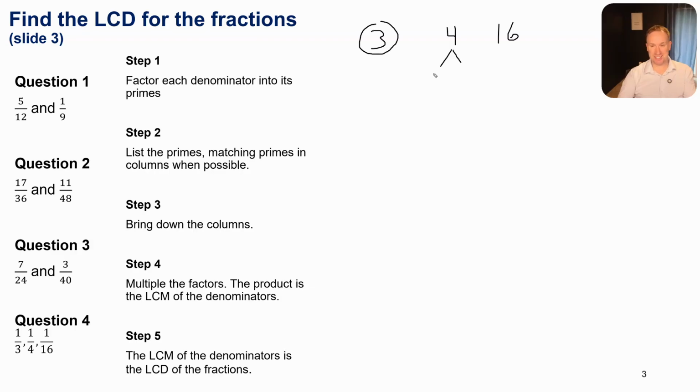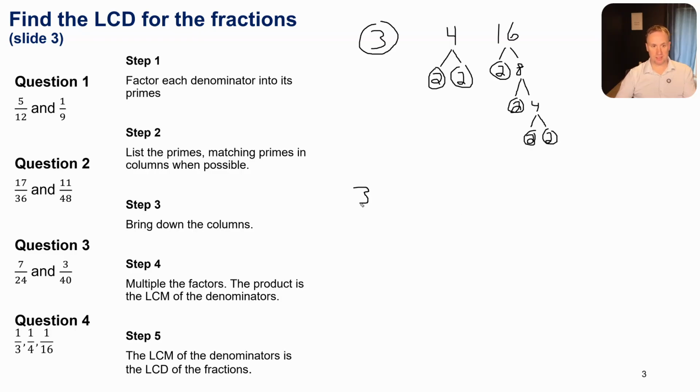4, you can break down into 2. So you can do 2 and 2. And then 16, you can break down into 2 and 8, which then you can break down into 2 and 4, which then you can break down into 2 and 2. Okay. All right, so now